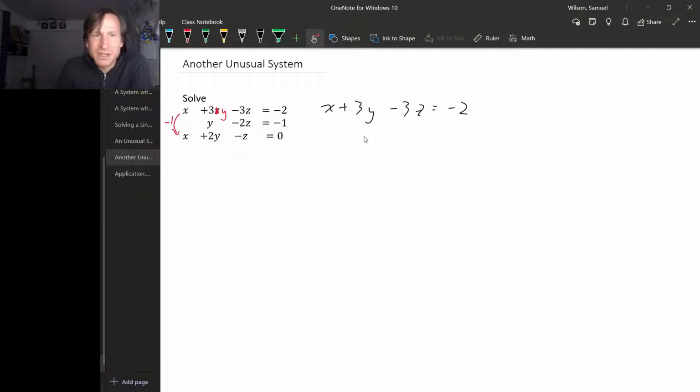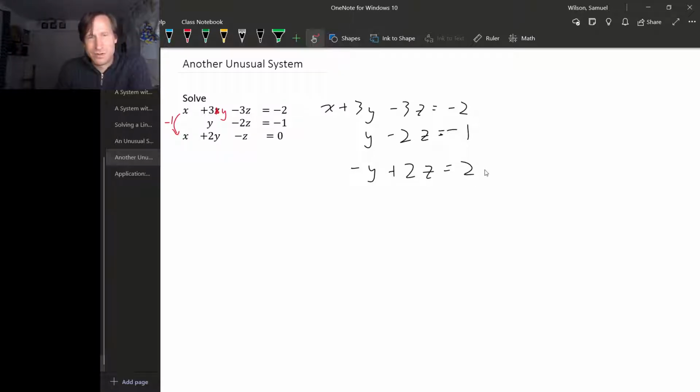The second equation we're leaving alone: y minus 2z equals minus 1. And the third equation, remembering we're subtracting the first equation from the third, has no x's, then minus y plus 2z equals